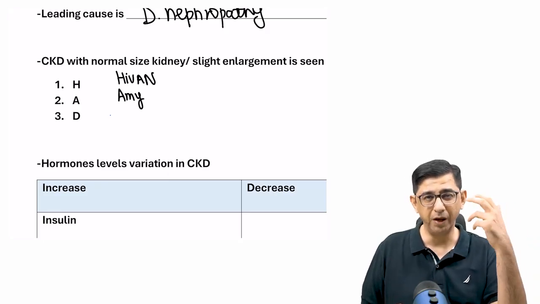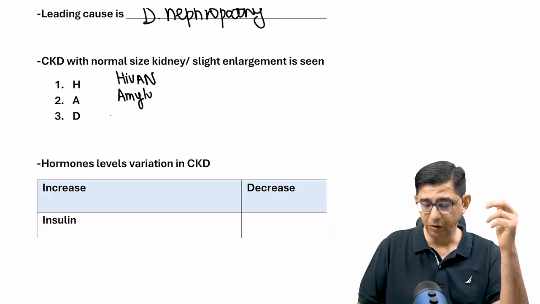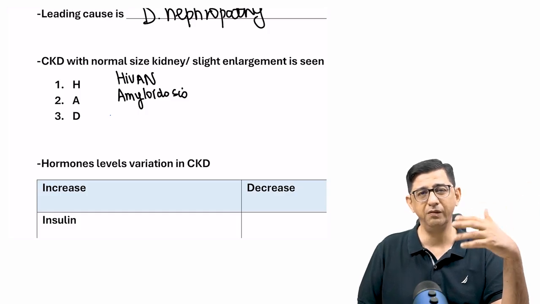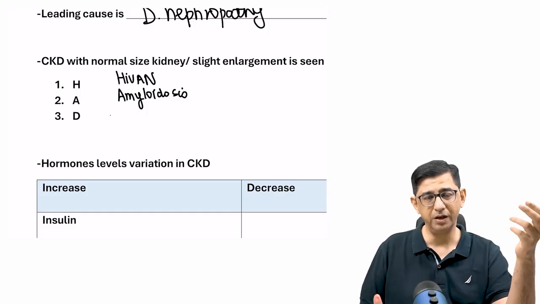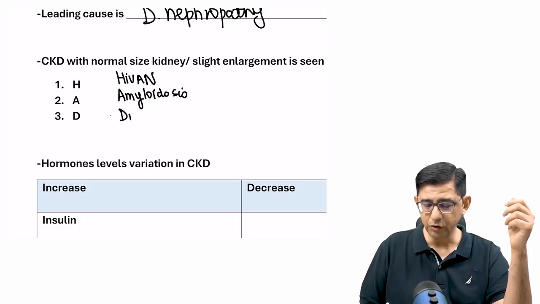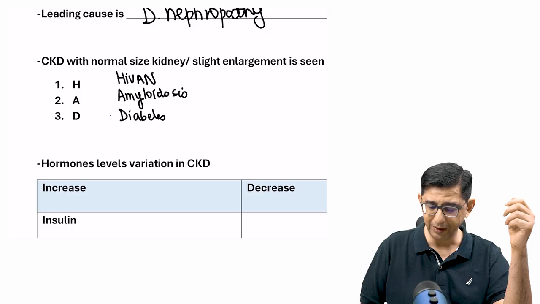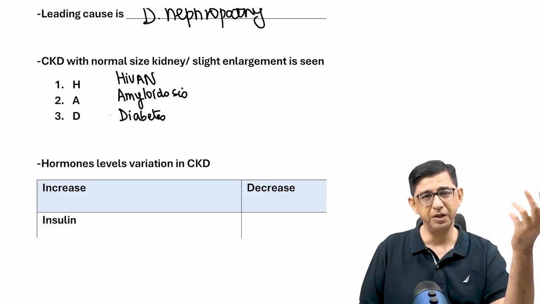They can fill up the entire pelvis of the kidney. At the moment, I'm not talking about autosomal dominant polycystic kidney disease. I'm saying amyloidosis, where you can be having pale, normal to slightly enlarged kidneys. And D is obviously the topic that I mentioned earlier, that is diabetes, which on long-term basis can cause a